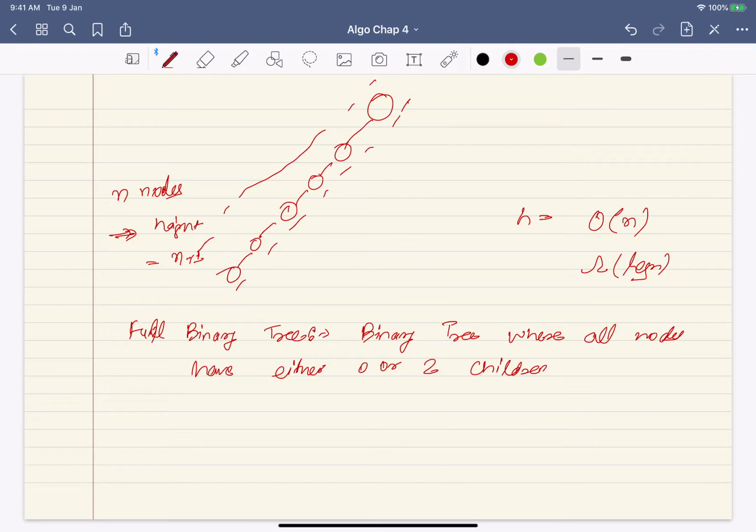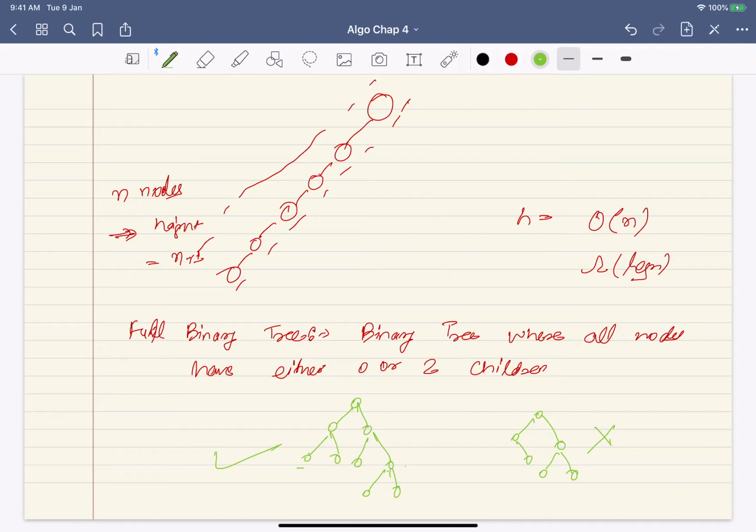Suppose I have these two trees, and versus this one. Which one do you think is a full binary tree? Here each node has 2 children, so up to here it is full, and this one also has two children. So this is a full binary tree. But here this particular node has only 1 child, so this is not a full binary tree.